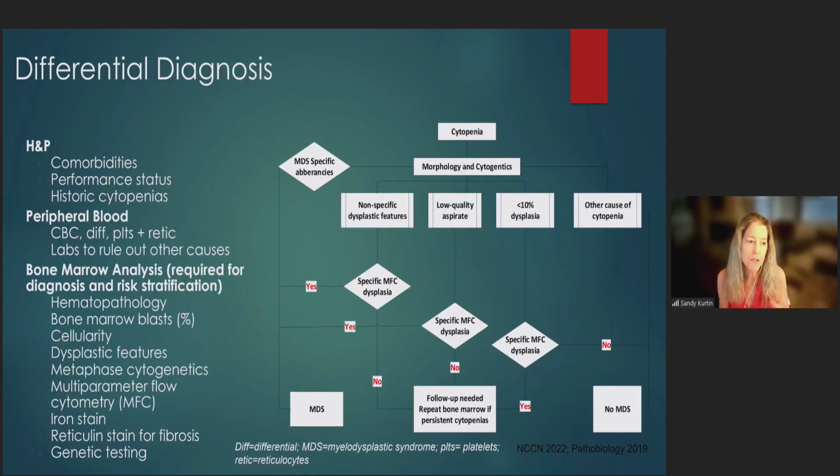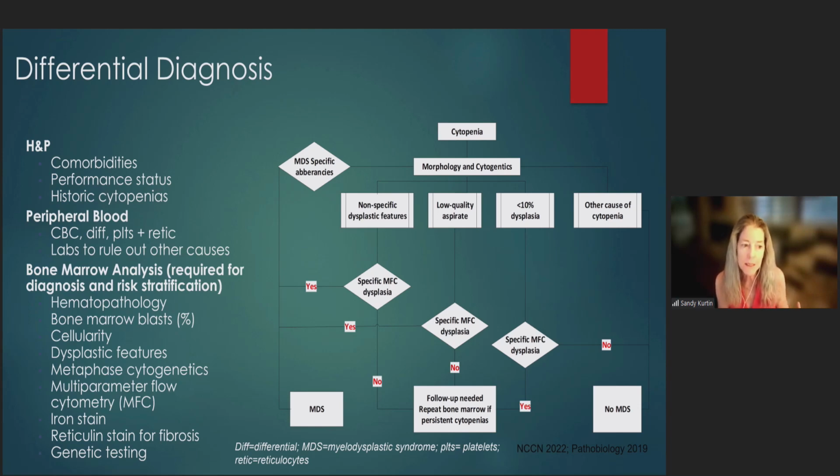So when we make the differential diagnosis, it's very, very important, and I'm going to touch just briefly on this, to look at comorbidities, performance status. We really now talk more about frailty. And then what is the history of cytopenia? So I see both malignant and benign hematology patients in my practice, and we get patients who have low counts or high counts, and it's really important to look at how long has that been going on. It may help us understand when they may have developed MDS in those lower risk patients, and that's going to help us understand their disease course over time.